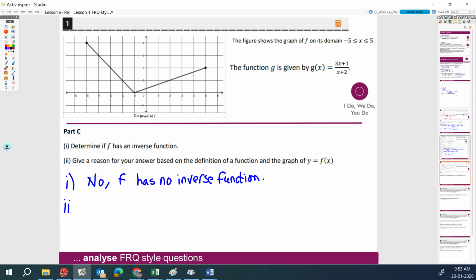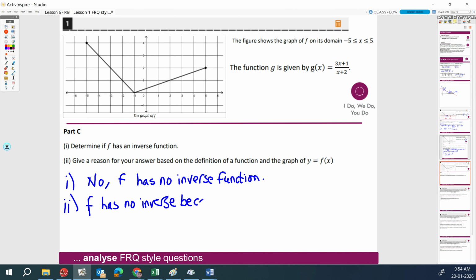Give your reason for your answer based on the definition of a function. You found this one a little bit tricky because we have learned that a function has an inverse if for every output there is a unique input value. But many of you were not able to turn that sentence into the opposite, into the negative. We say it has an inverse if every output value has a unique input value. So we have to turn that into a negative sentence. So why does f have no inverse? F has no inverse